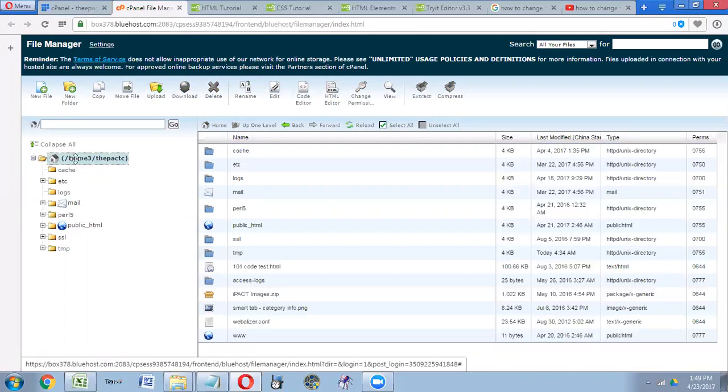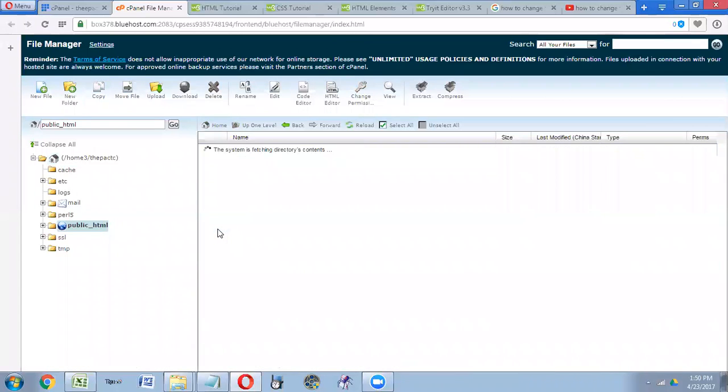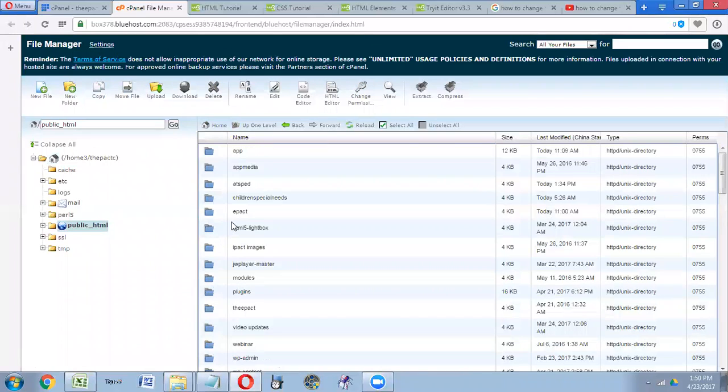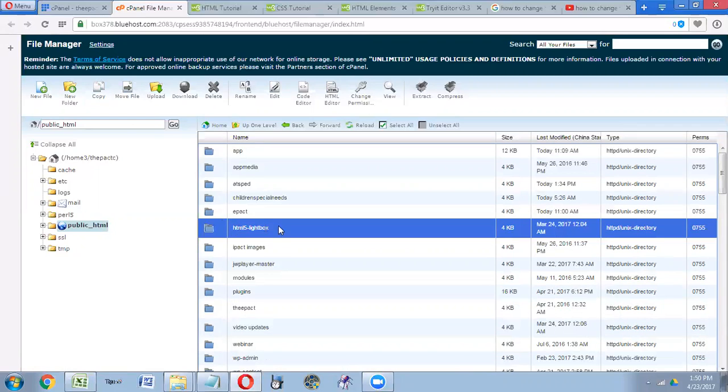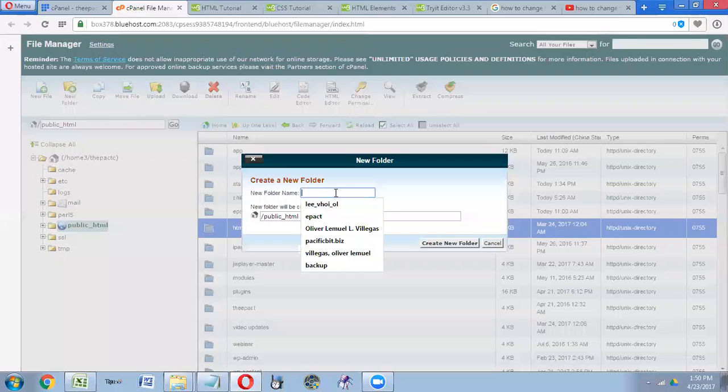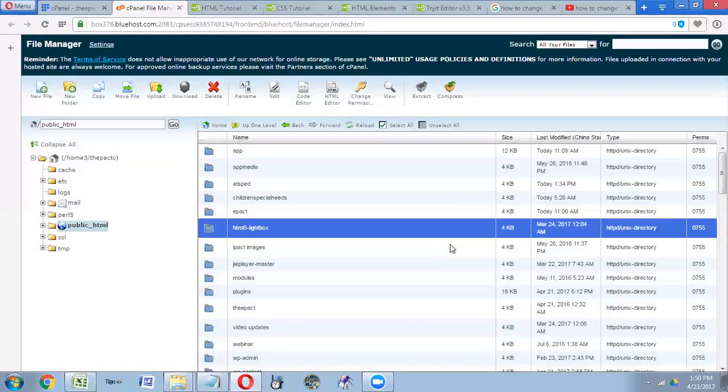So again, this is the first thing that you will see once you open the file manager. Click on public HTML so you can go to the folder that is visible to the public, visible to all people worldwide. Okay. And then create your own folder. So click on new folder here on the upper left, new folder, and type your name. Okay, so click on create new folder,